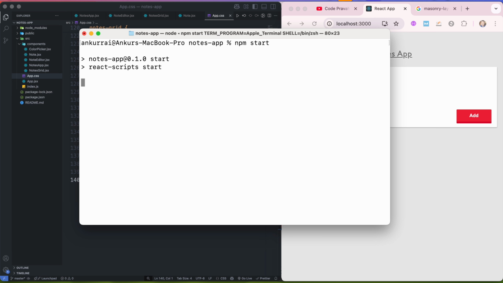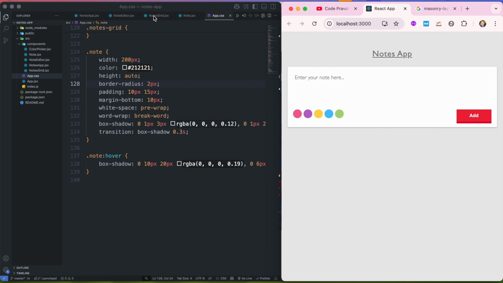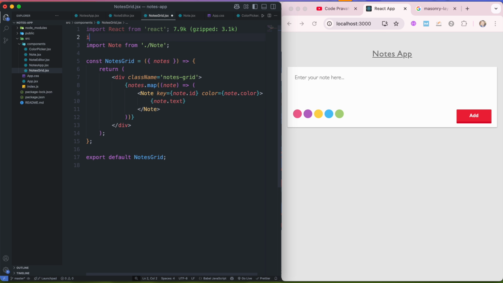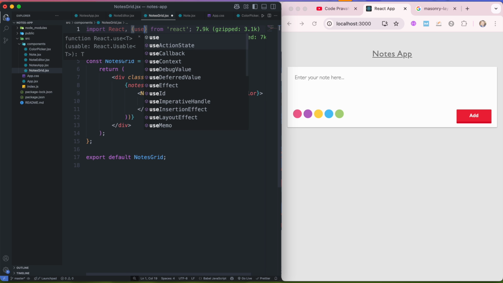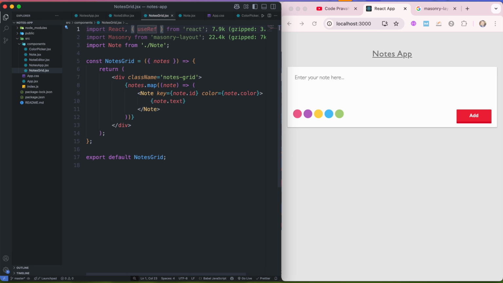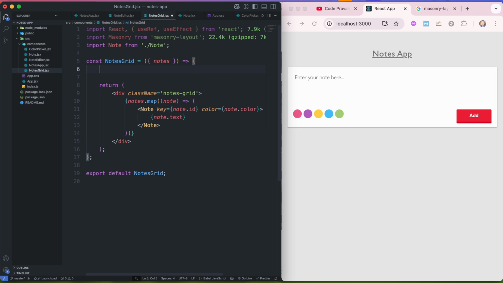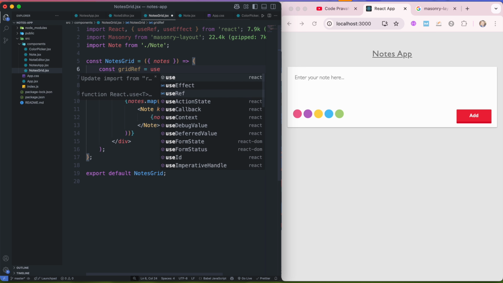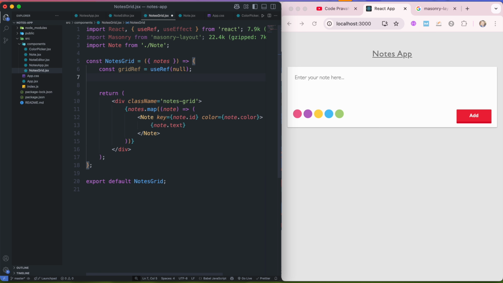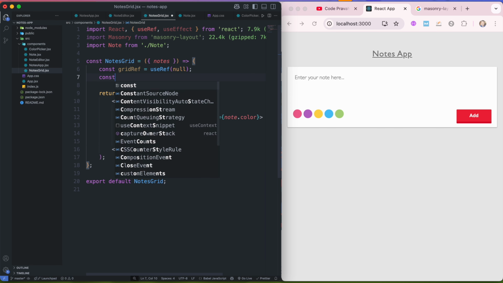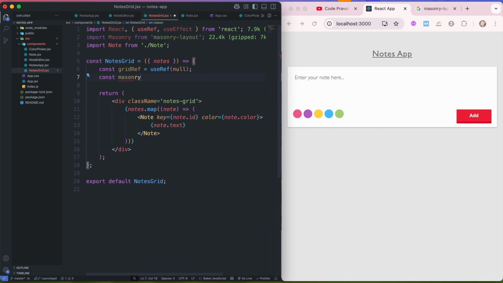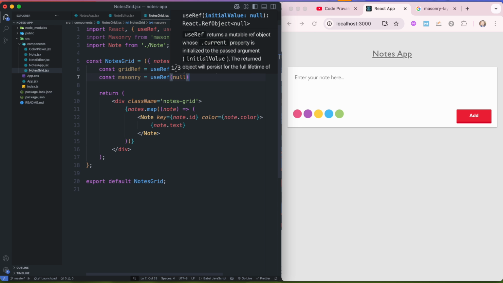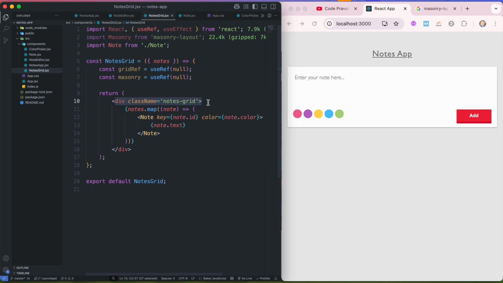So I'll start my project again, and it has been started. I'll go to my nodes grid, and I'll import Masonry from masonry-layout, and it's very simple to use. I just need to import useRef and useEffect hooks from the React library, and I'll create a ref with the name gridRef, and initially it will be null. Similarly, for the masonry, I'll create one more ref with the name masonry, and this one will be null at the start,